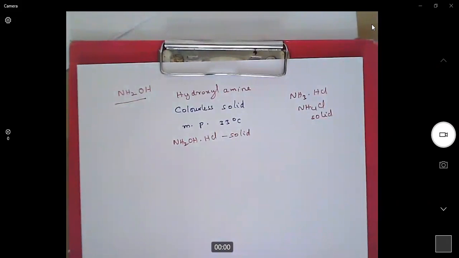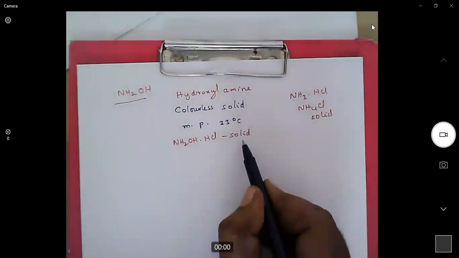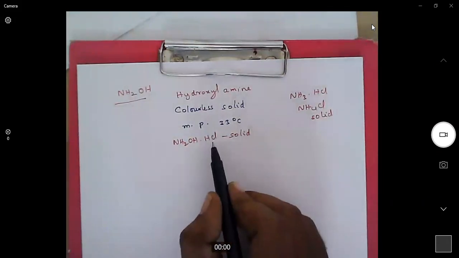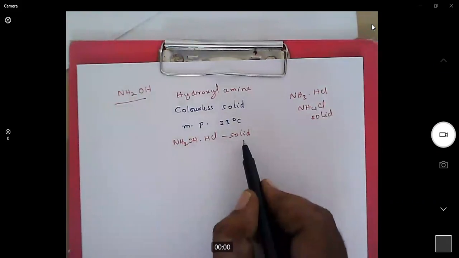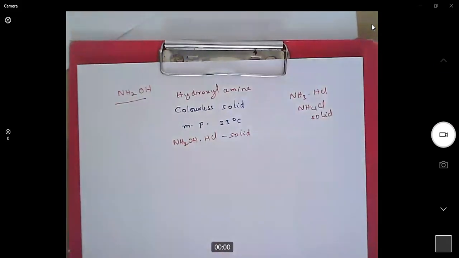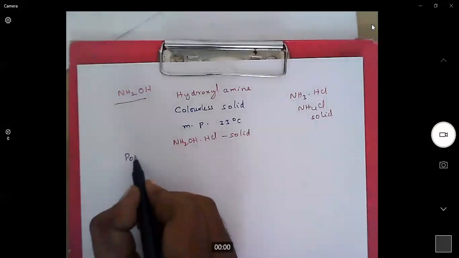These compounds are hazardous compounds. So handling gaseous or liquid hazardous compounds is a little difficult. In order to make it easy, if there is a possibility to make them in solid phase, then we will try to convert the liquid compounds into solid phase and use them. So hydroxylamine, when treated with HCl, forms a solid compound. Then it is easy for us to handle this poisonous compound.